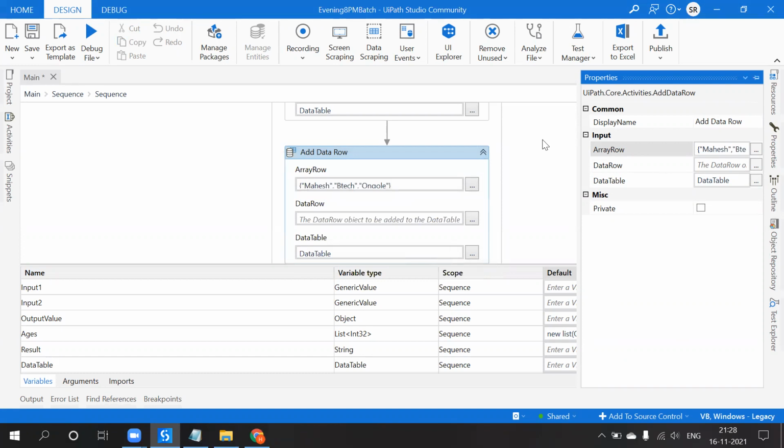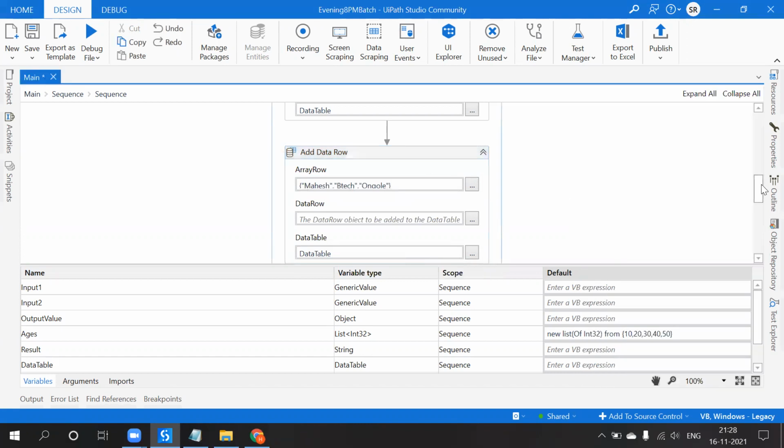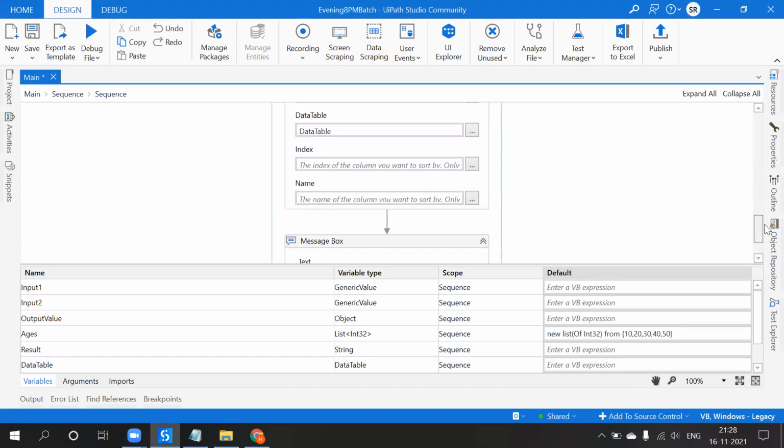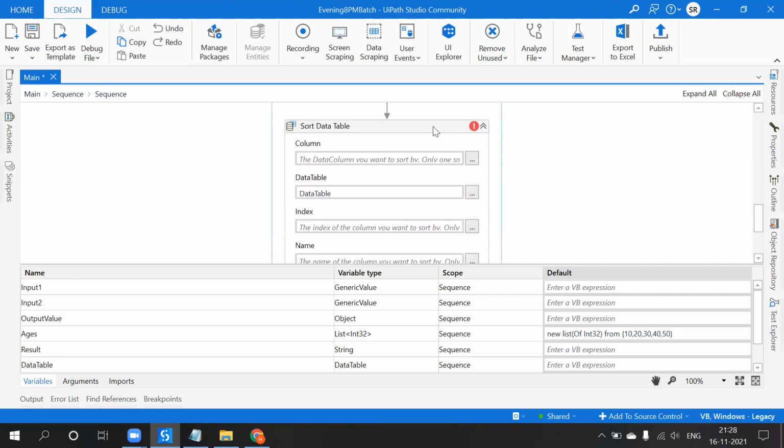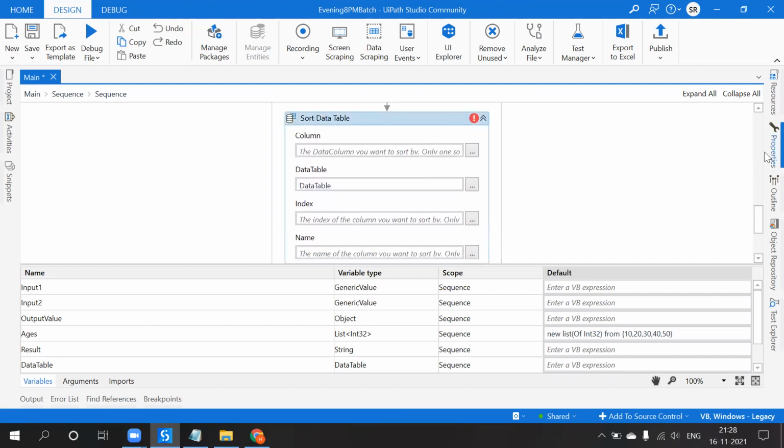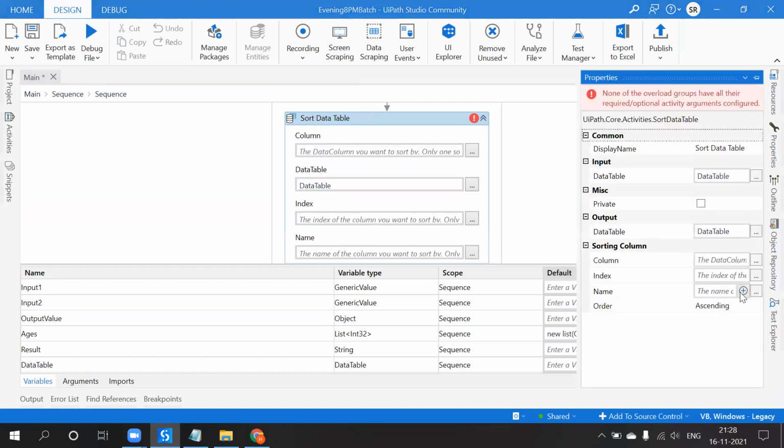There are two rows and the column name is name. Come here. So what is the column name we want to provide to sort? Name.